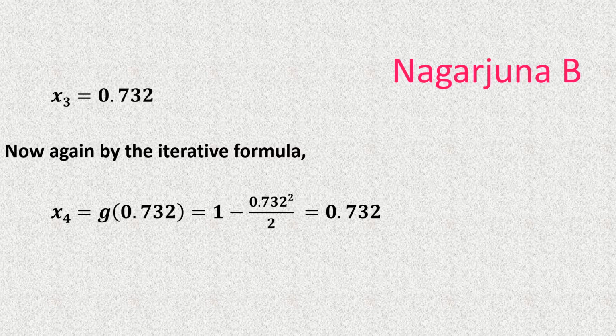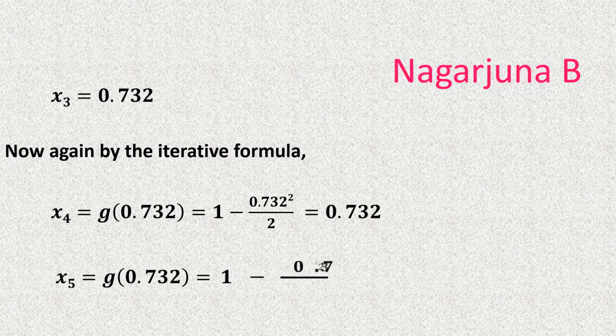Similarly we calculate x5 and we also get the same value, 0.732, as you can observe with the x4 value. Therefore x5 equal to g of x4, that is g of 0.732 equal to 1 minus 0.732 whole square divided by 2 equal to